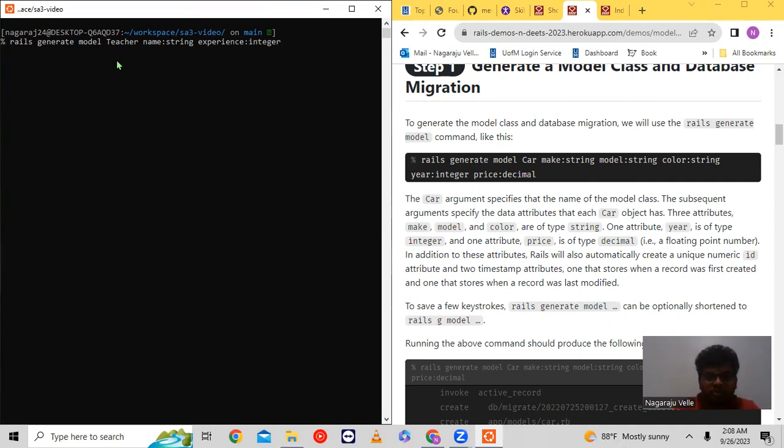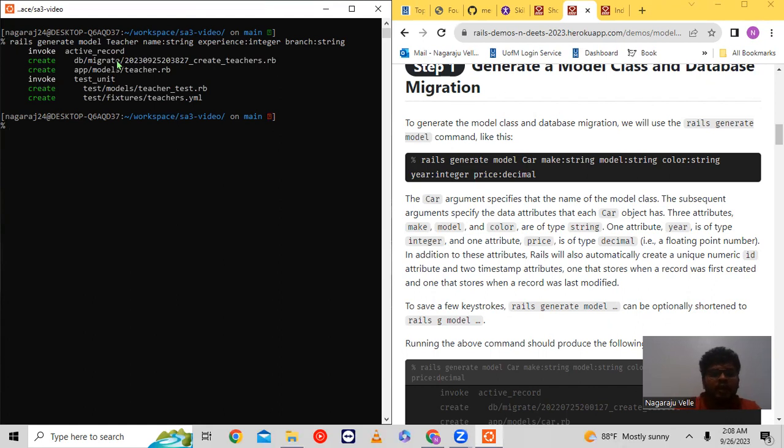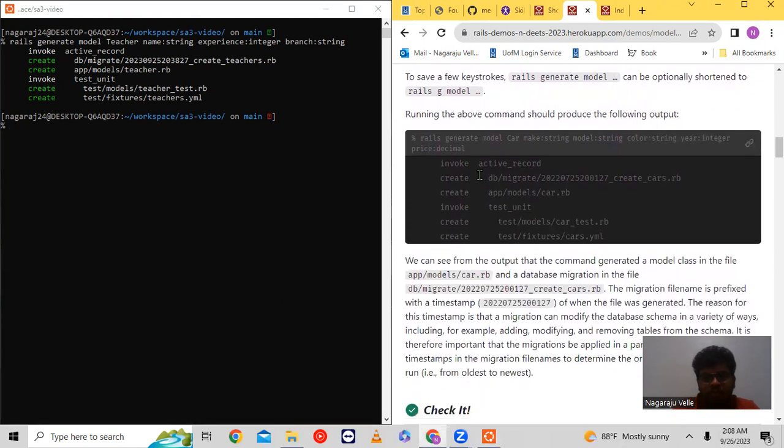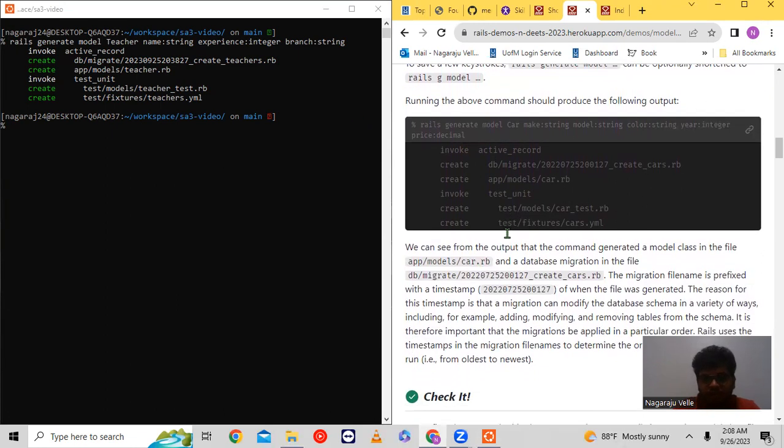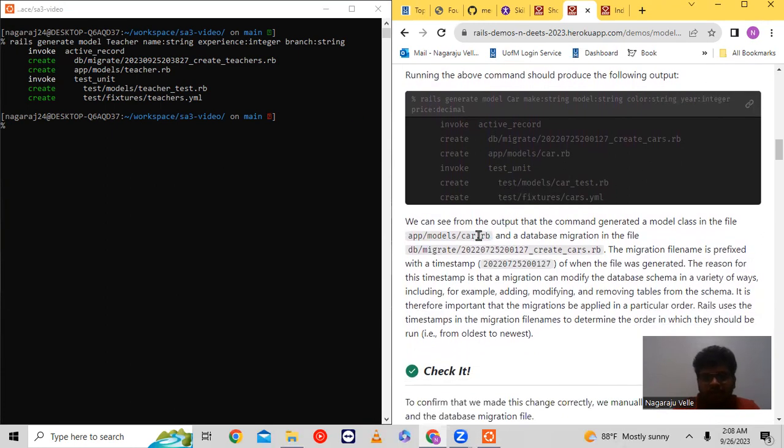And the third one is branch, again a string. Yeah, here you can see the Rails model is generated, and we got the same output. So we are successful. Then create the teacher.rb file,